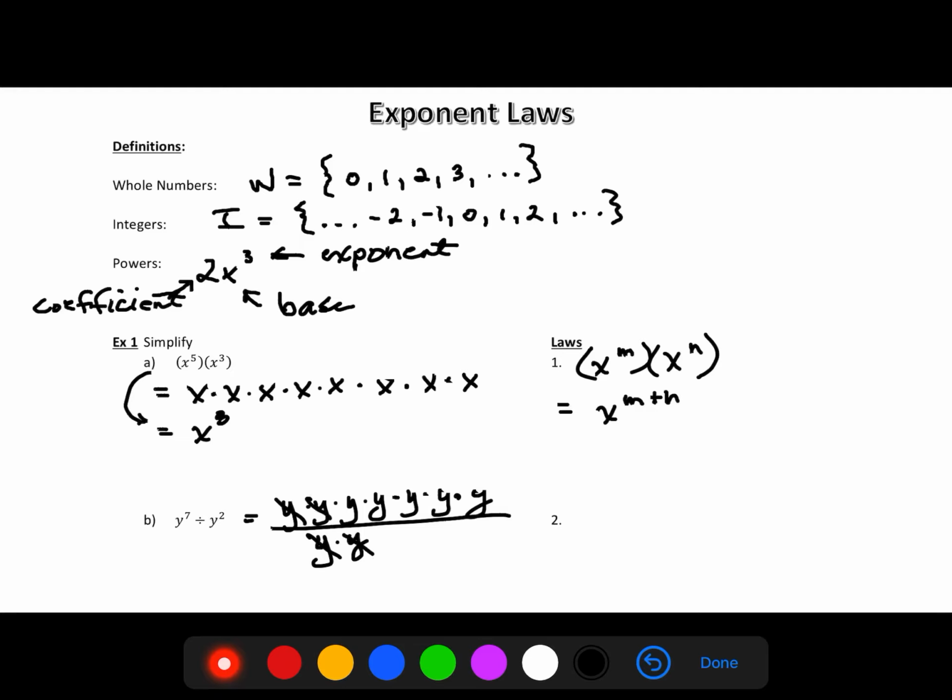So we can cancel 1 y on the top, 1 y on the bottom. And once we do that, we get y multiplied together 5 times. So all that's left is y to the 5. Again, the law that tells us we can go directly to here is that if we have the same base,